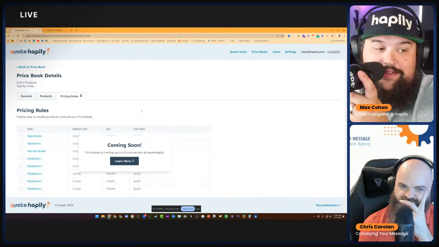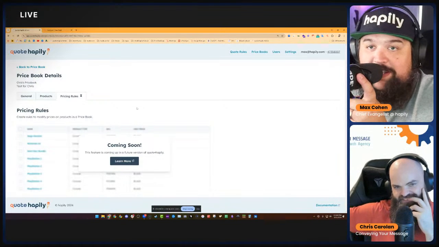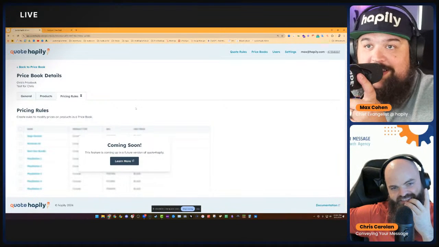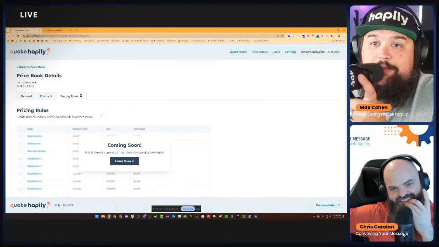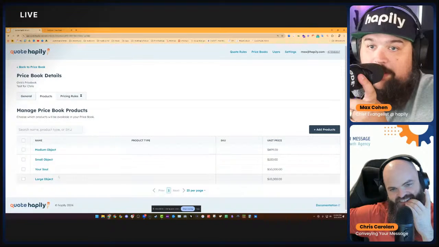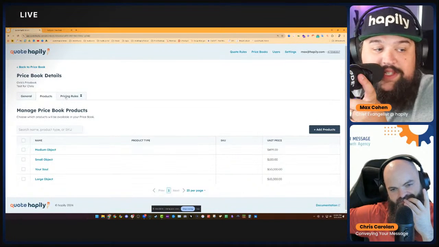So instead of the old way, which is create a bunch of products, create duplicates of those products, and just change the prices and stuff them into folders, not a price book, right? You're literally going to be able to use your real HubSpot products. But depending on the book that they live in, the prices will dynamically change.